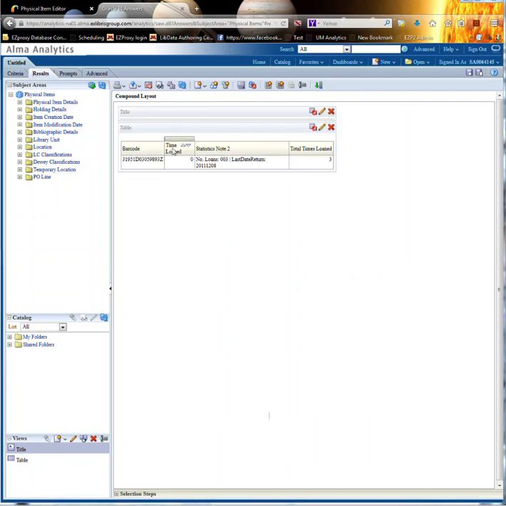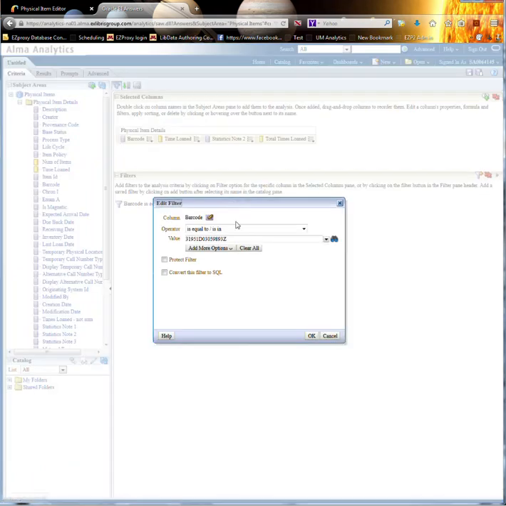Now when the report runs, you'll see that the total times loaned is the number of loans plus the times loaned. The reason we're not too keen on this is, if you recall our previous query that we created in